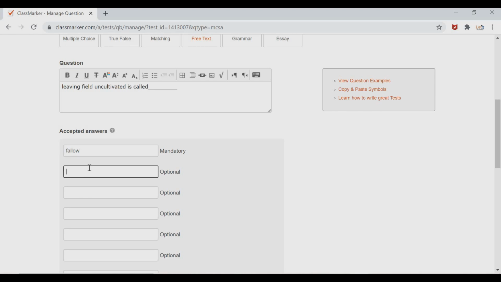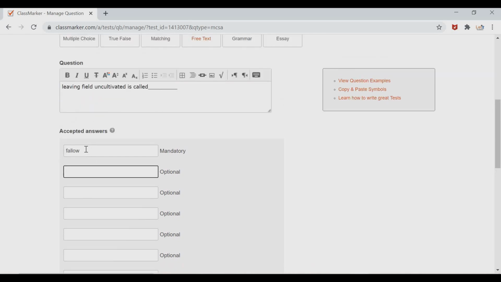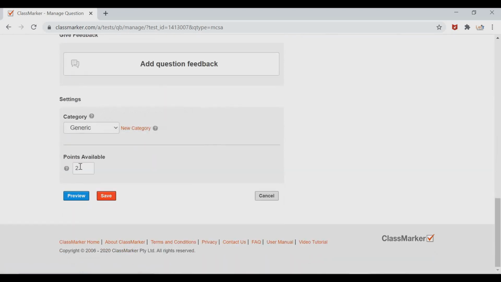If there are more answers, suppose more than one answer is possible, you can give more answers here. If your students type any one of the answers you provided, then they will get the mark. But better not to give an open-ended question, so that only one answer needs to be typed. Then choose the marks; always change the marks here. For a fill in the blank question, 1 mark is enough.